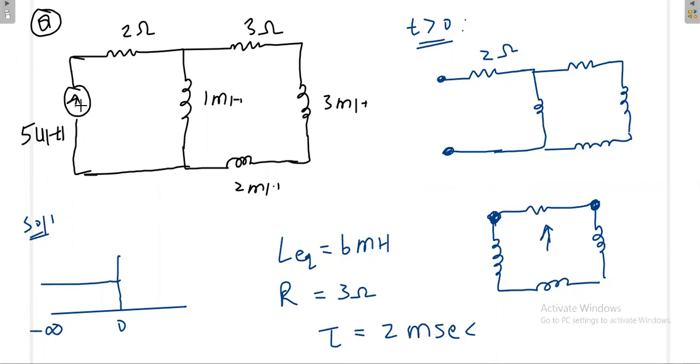So when the source is present, this is like a second order circuit. You cannot make series or parallel combination because of this resistance. But when the source is not there, you can easily reduce it into a simple format in one value. So that's why I'm telling: before application of the switch, the order may be different, and after the application of the switch, the order may be different. That you should understand properly. It need not be the same. It may or it may not. Okay, so next question.